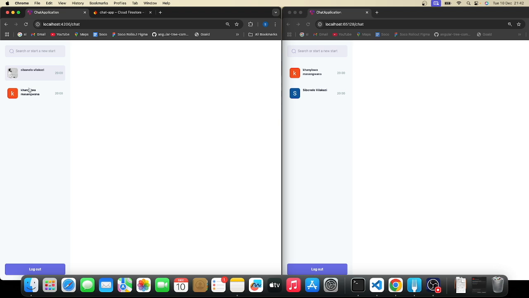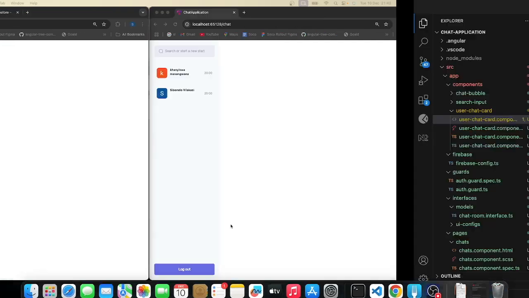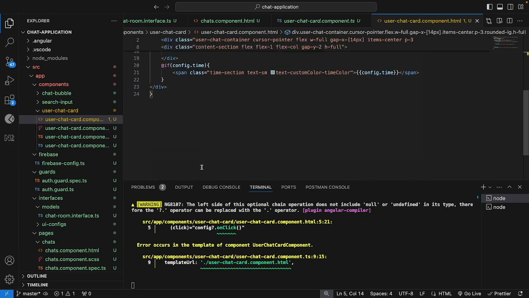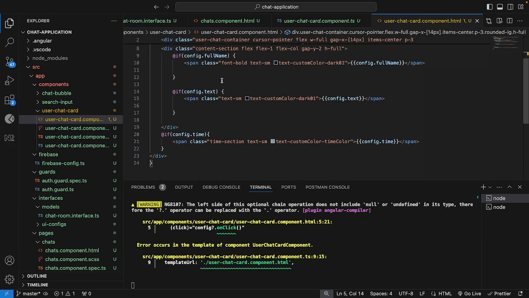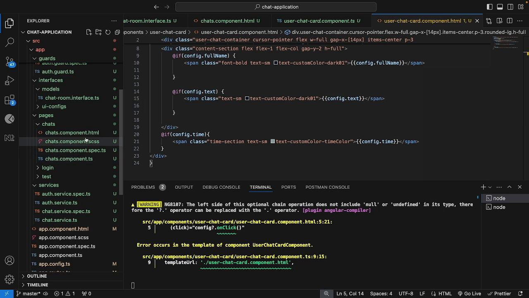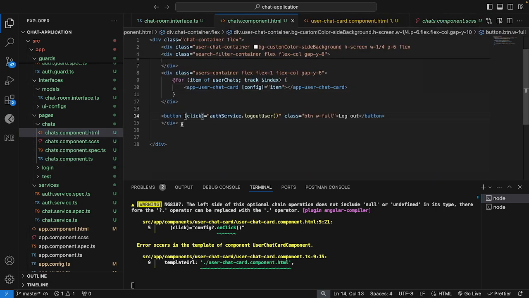Okay, so now if I click on this, if I click on that, that should set the active state for those. Right. What's the next thing that I want to do? The next thing that I actually want to implement over here in the actual chat is showing the actual speech bubbles. Okay, so how do I go about doing that? So in here, in my chats component,